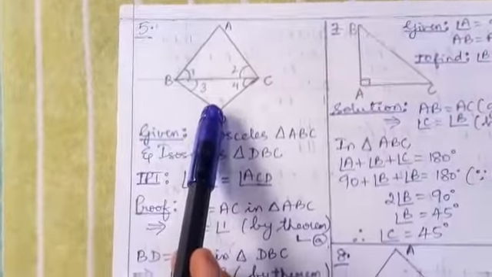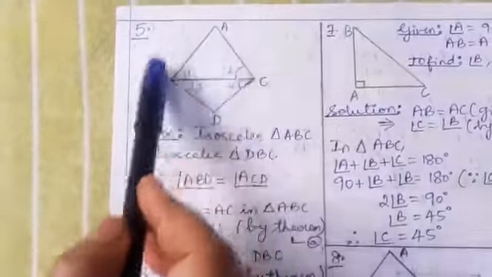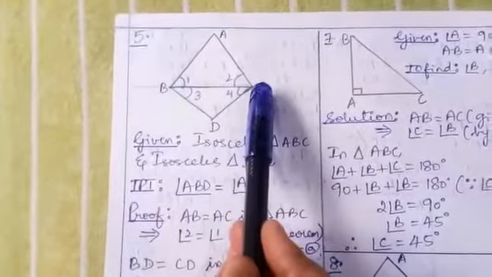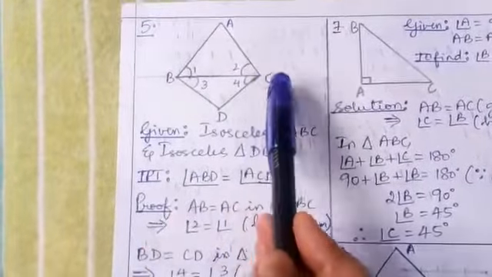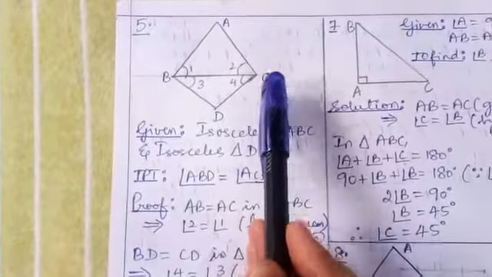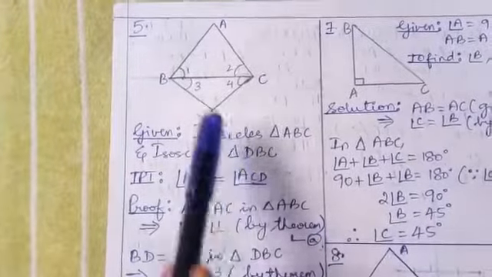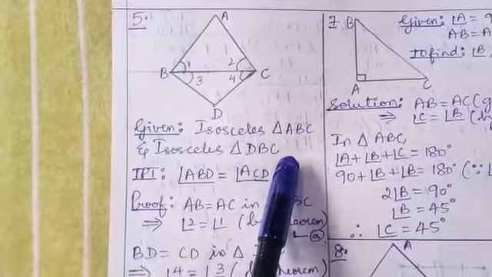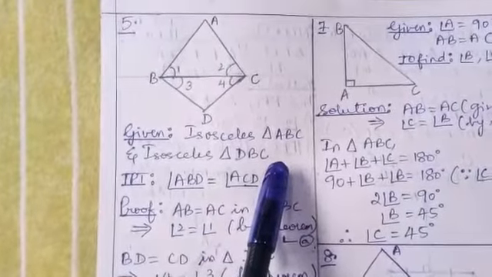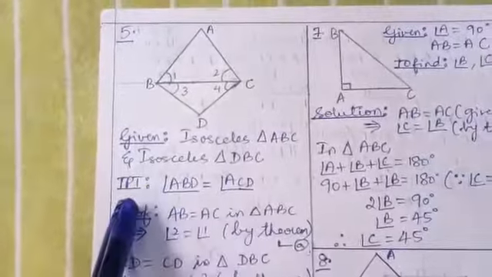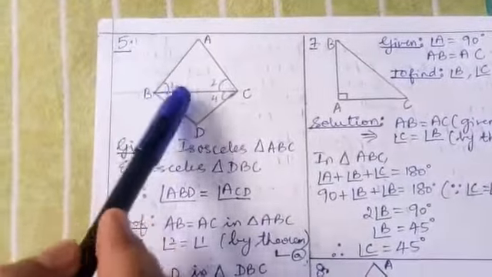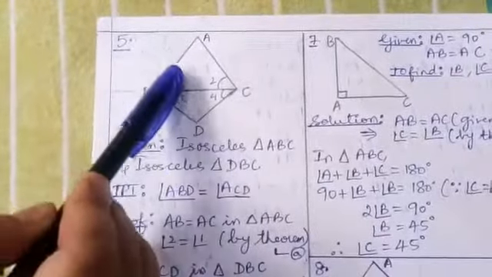In this figure, we see two triangles ABC and DBC on the same side BC, or with BC as a common side. It's given to us that both the triangles ABC and DBC are isosceles triangles. Now given this, we need to prove that angle ABD, this full angle ABD,